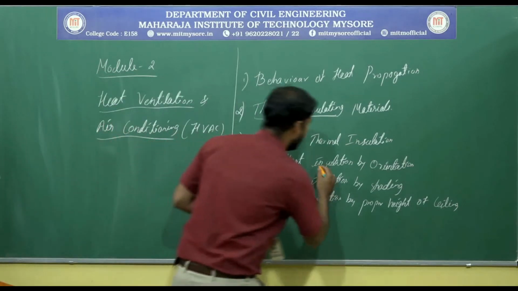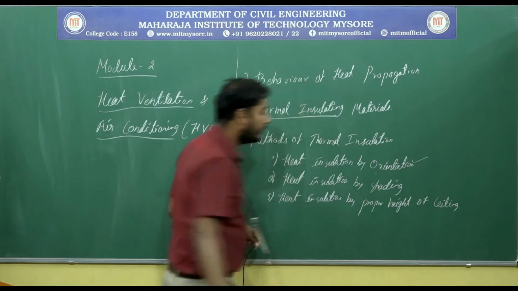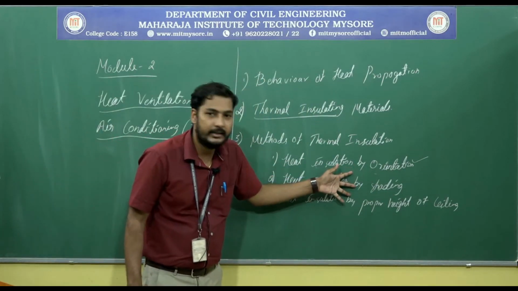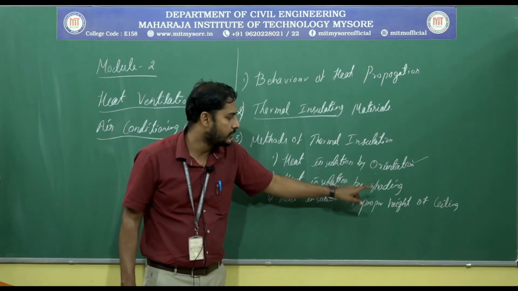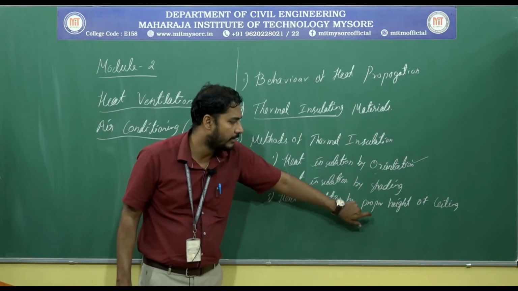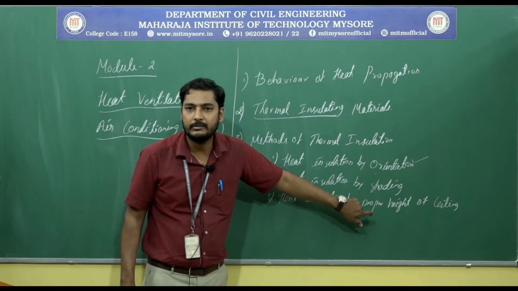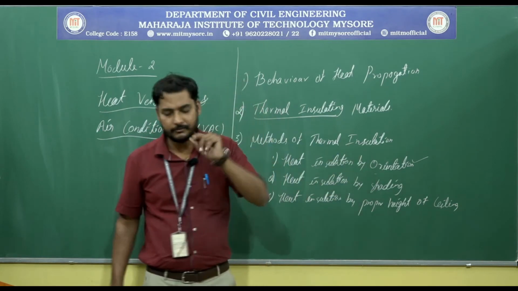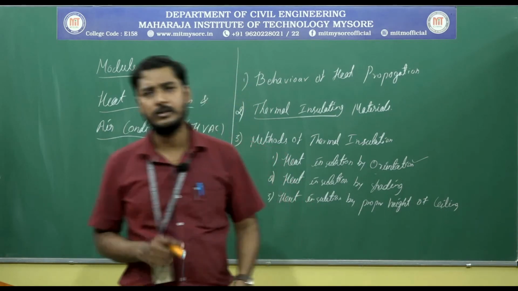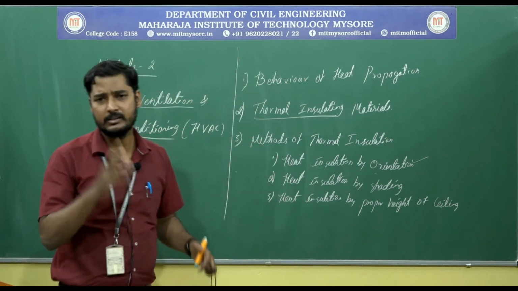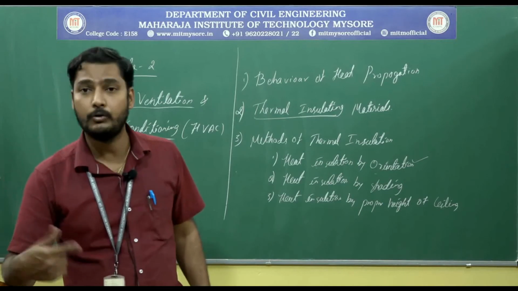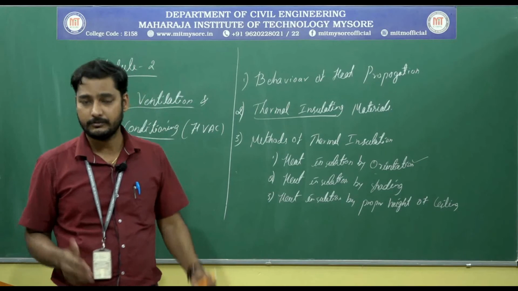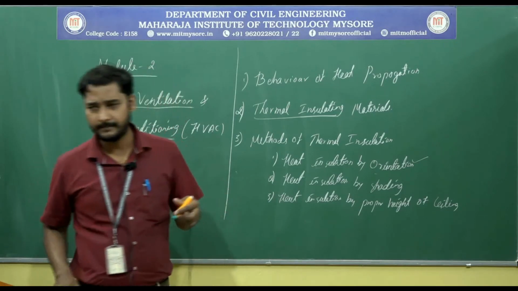The first one is heat insulation by orientation. We can observe there are basically three divisions: orientation, providing shadings, and adopting the proper height of the buildings or height of the ceilings. The first one is orientation. Usually we come across the orientation technique. We prefer that the main door should be towards the north or towards the east. Automatically, of course, if I prefer the main door of the residential building towards the east,